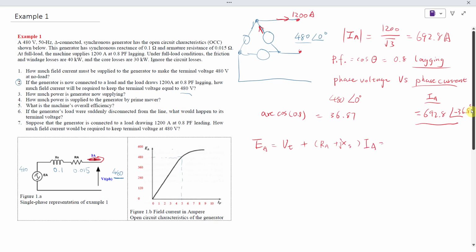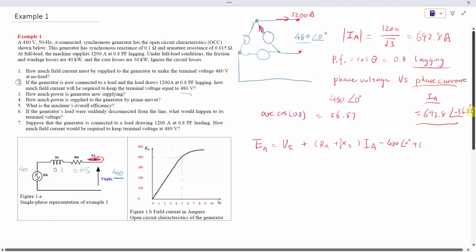Okay, if you plug in the numbers, that's 480, 0 degree, plus the number here, 0.015 plus j0.1, multiplied with this vector, or phasor, okay? And then probably use your calculator to do that. Then you will find EA equals to